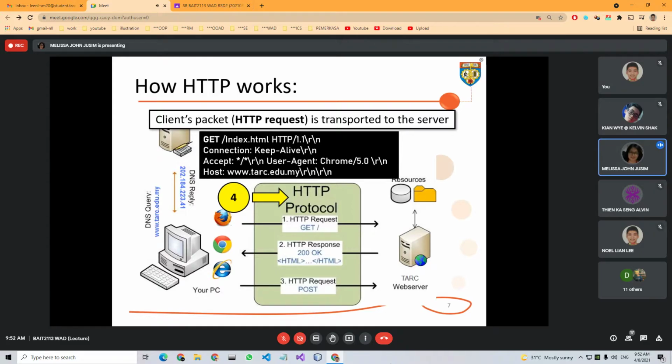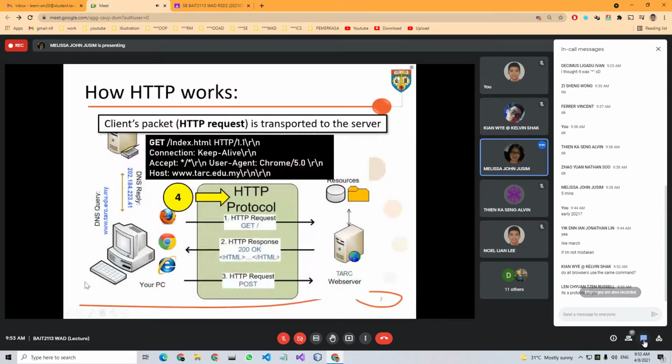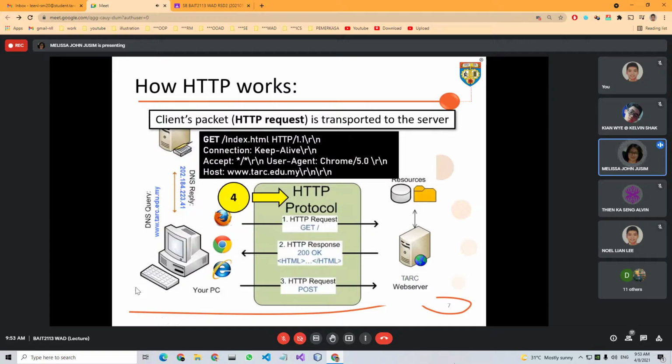Get index.html. All the browsers, since we are using the same HTTP protocol, should be the same. Because when you type www.tarsi.edu.my, in fact it is http://, so we are definitely using it for request and response.